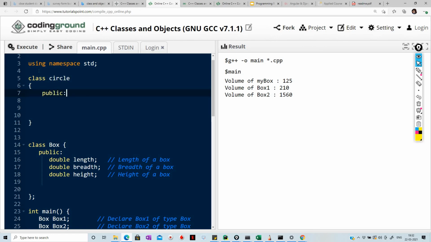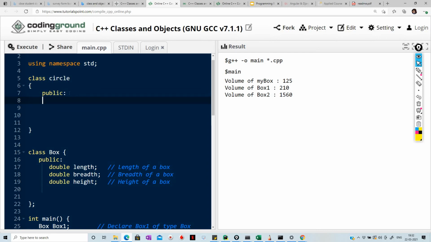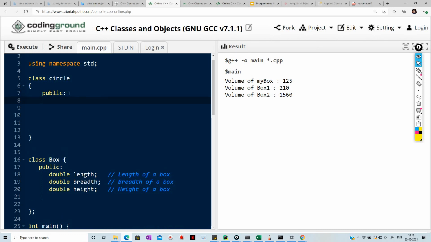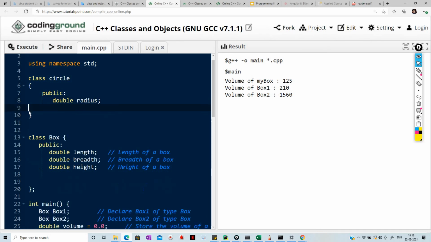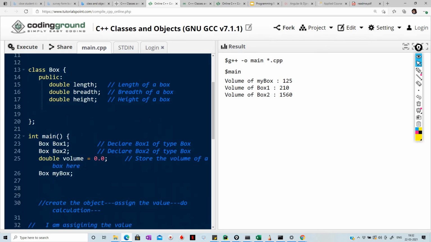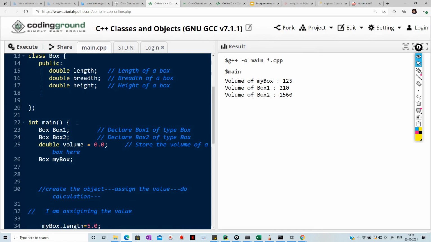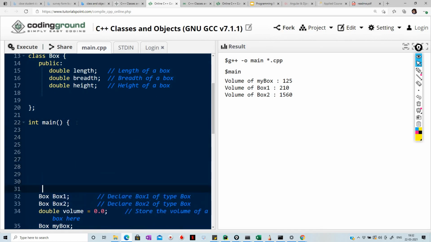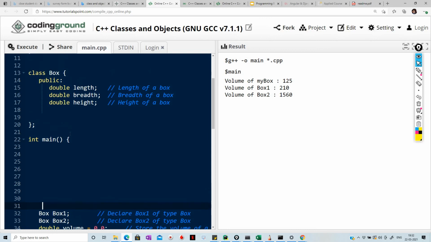and that variable is going to be public, so I'm going to make it public, and that is going to be the only radius, because कोई भी सर्कल हो उसके पास सिर्फ क्या होगा? रेडियस होगा. Okay, so this is a class which we have created. Okay, and from the main method,